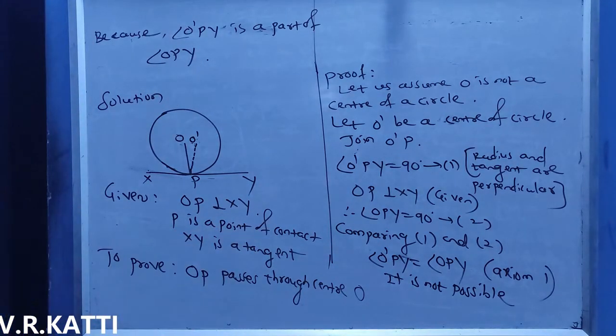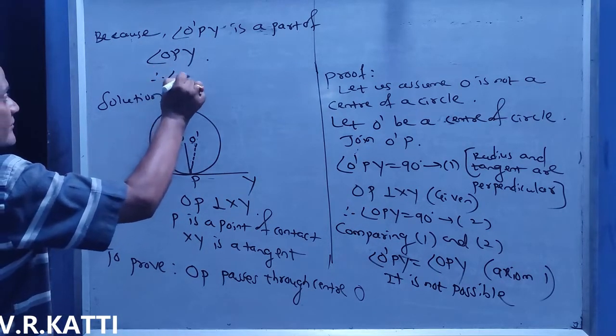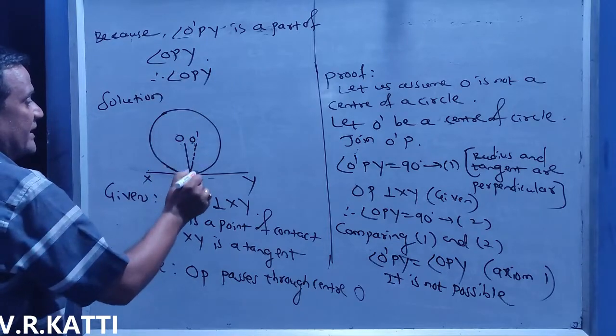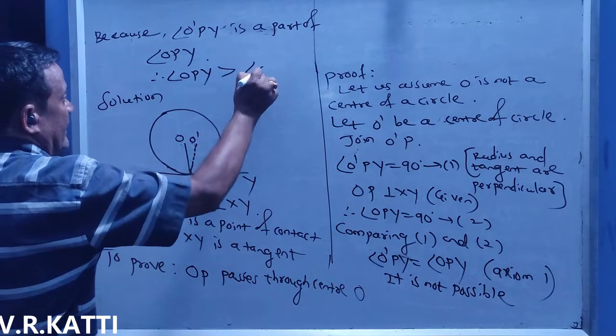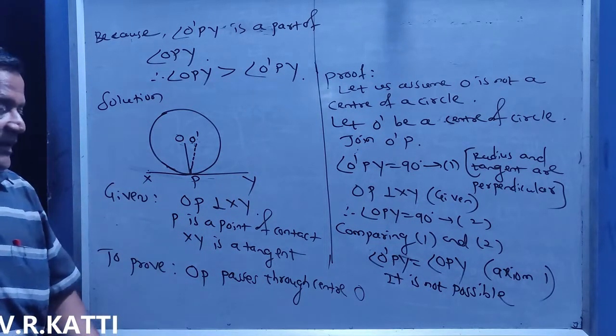So they are not equal. So angle OPY is greater than angle O dash PY. Then if they are not equal,